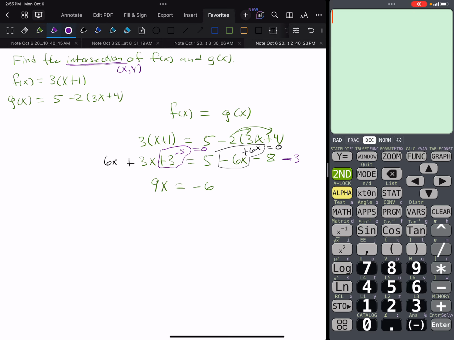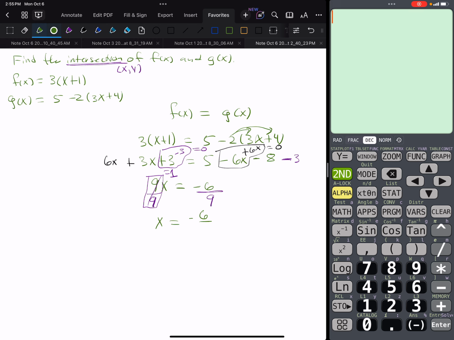Now, I want the x all alone. I want a 1 in front of that x. Right now, we have a 9 over 1. I want that value to equal 1. The only way I can do that by division is to make that a 9 over 9, because 9 over 9 equals 1. 1 times x is just x. Then my x is all alone. But I can't just go dividing the left-hand side by 9 and let that be it. Whatever I do to the left-hand side of the equation, I also have to do to the right-hand side. So now I have x equals